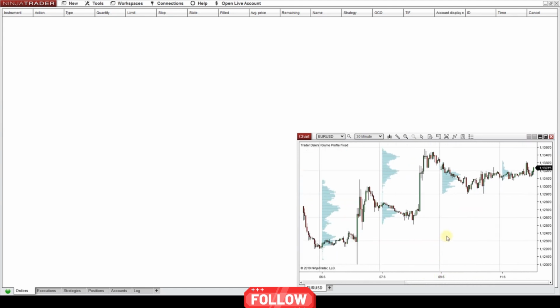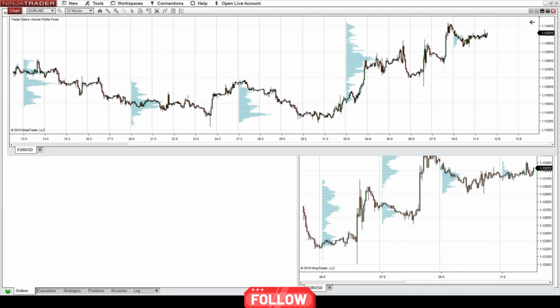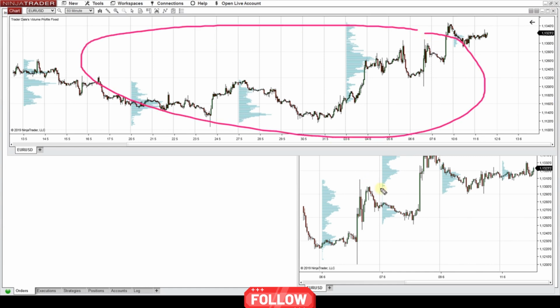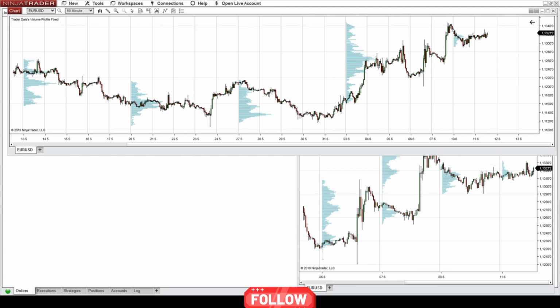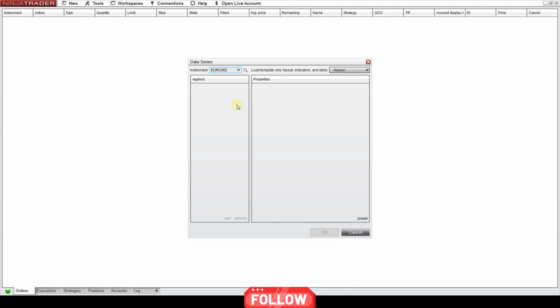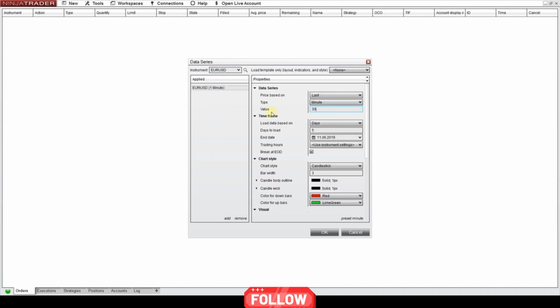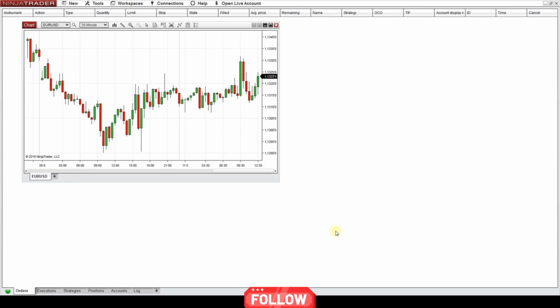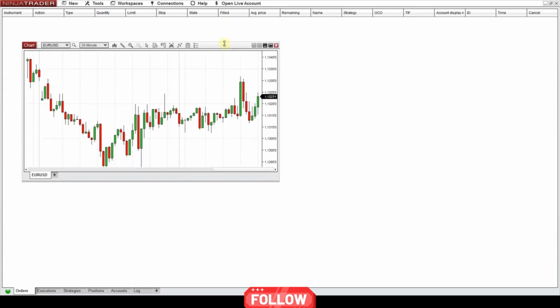Those are daily profiles. So currently we have the overview chart, 60-minute chart with weekly profiles, then this more detailed chart with daily profiles. It's a 30-minute chart with fixed daily profiles. And the last chart I'm going to create will be also a 30-minute chart, but this time I'll be using flexible profile. So again, you go to new chart, again euro dollar, 30-minute chart, let's load 10 days, press OK, let's move it in here,